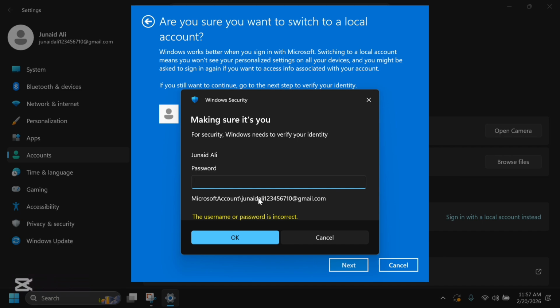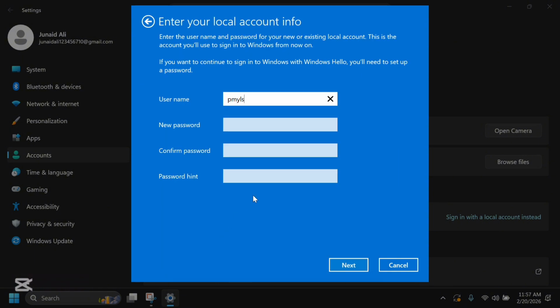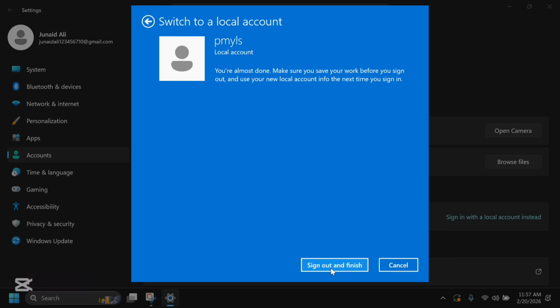Then you are going to type in your password. Then you have to click OK. After that you have to click Next, and then you are